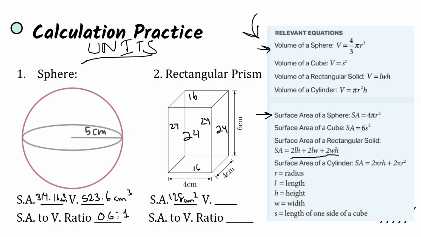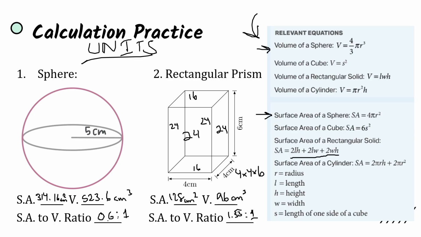And then volume, it's just going to be 4 times 4 times 6, which is going to give you 96 centimeters cubed. And that ratio is going to end up being 1.33 repeated to 1. So it's a slightly better surface area to volume ratio than what we saw with the sphere, but not as good as those cubes that we had on the last slide. So hopefully this was helpful practicing calculating the surface area to volume ratio, and now let's go take a look